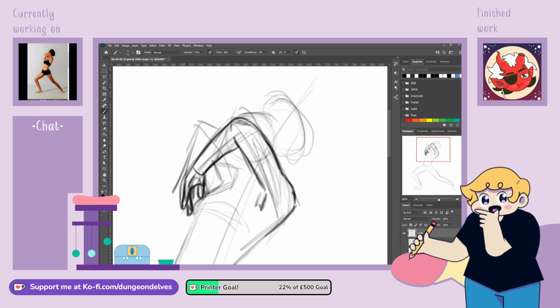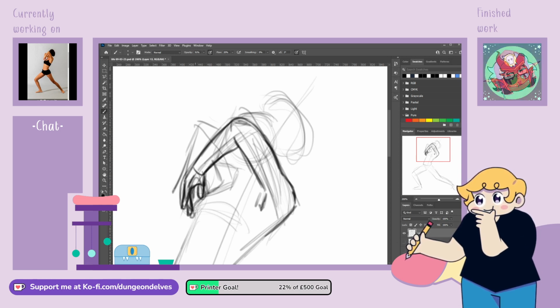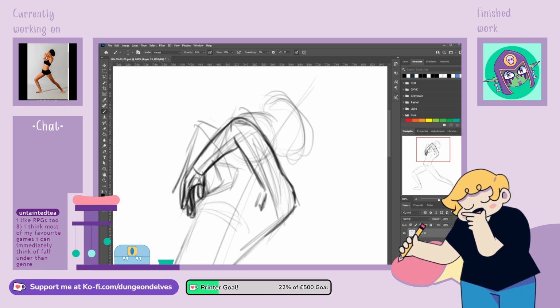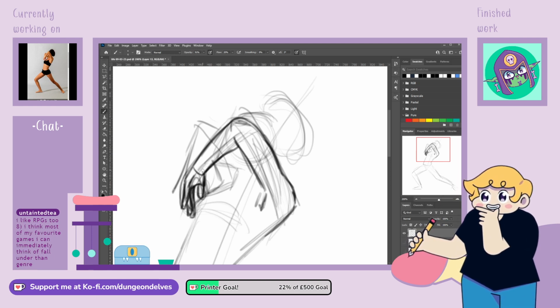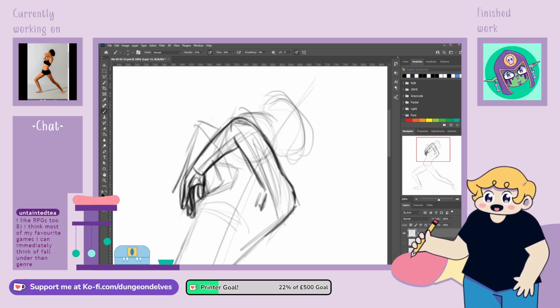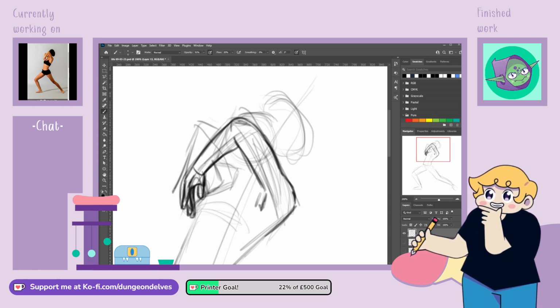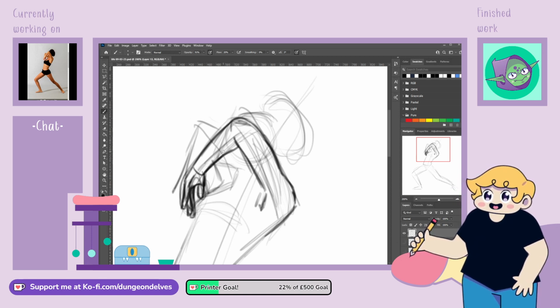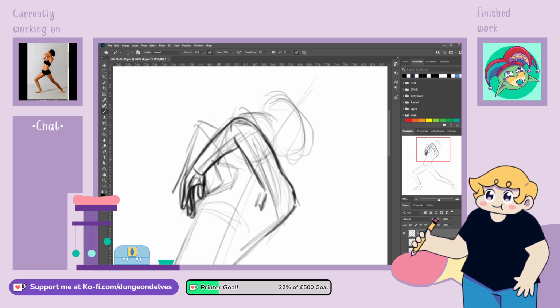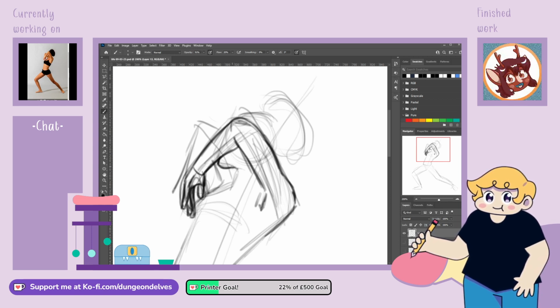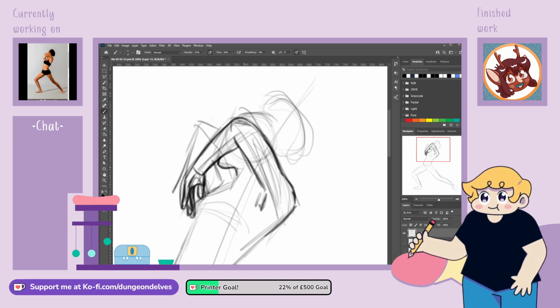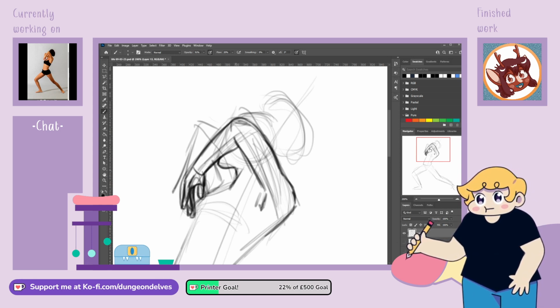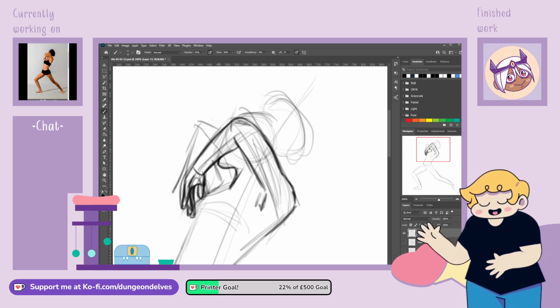And heck, I think the last couple of streams I've done, I've proven that I can spend a lot of time sorting out the poses on those, because it's taken 2 hours for the last 2 full images we've done to actually get that pose correct. But when it comes to drawing what's in front of me, I feel like my attention span somewhat wavers. And I think it just comes down to where I'm like, that's good enough.